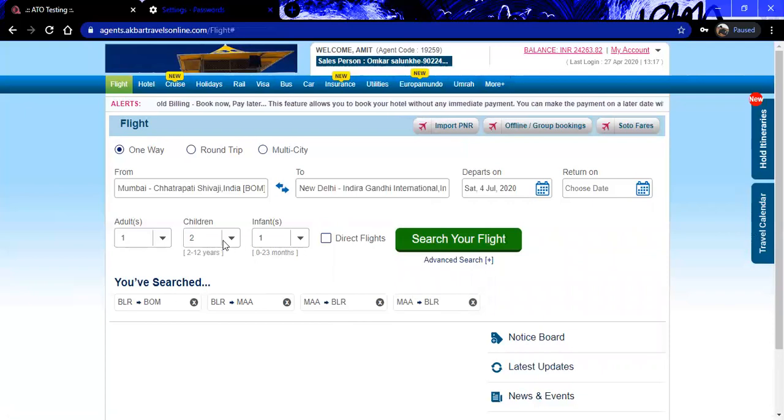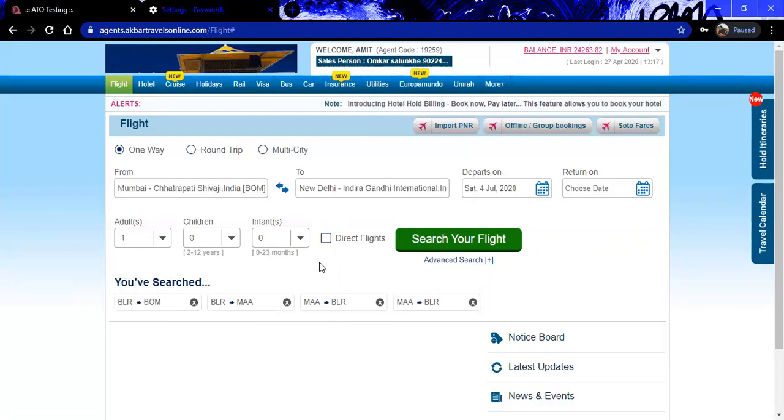As everyone is aware, an infant or a child cannot travel on their own. Some accompanying passenger called an adult should be there. So if you are selecting adults, according to that you can select the infant. If you are selecting three adults, then it will allow you to select three infants. So accordingly it works. We have put down a logic for this, which works accordingly for the selection of the passenger.